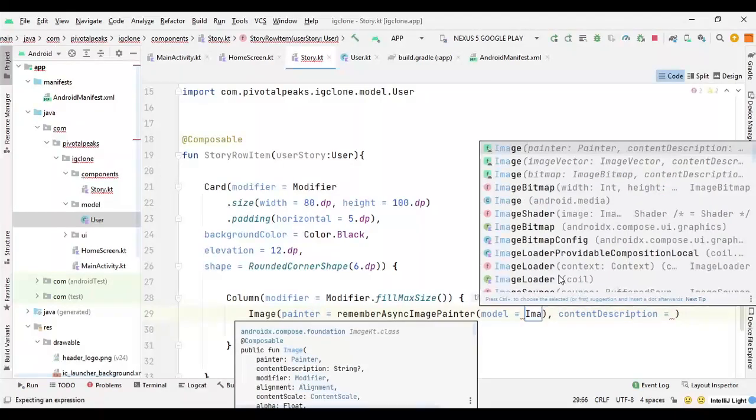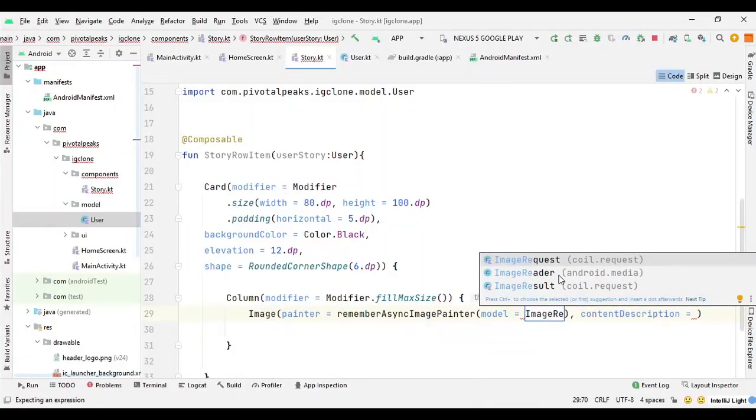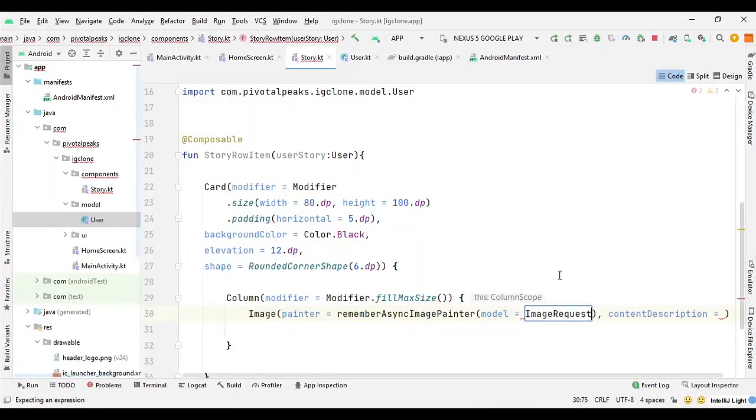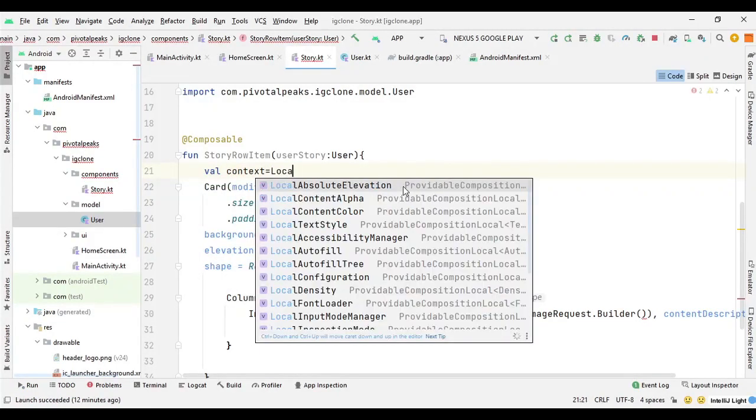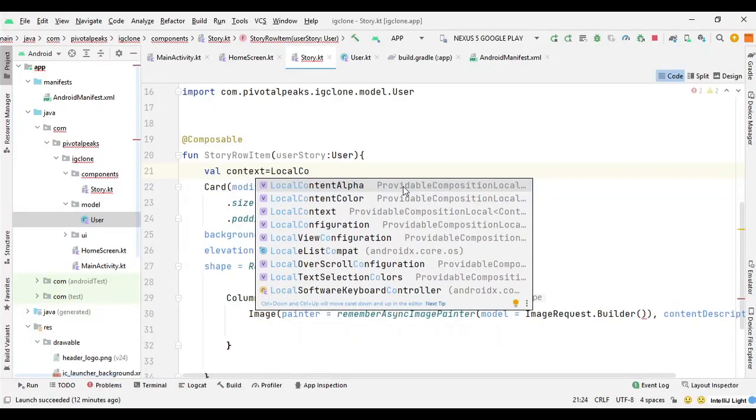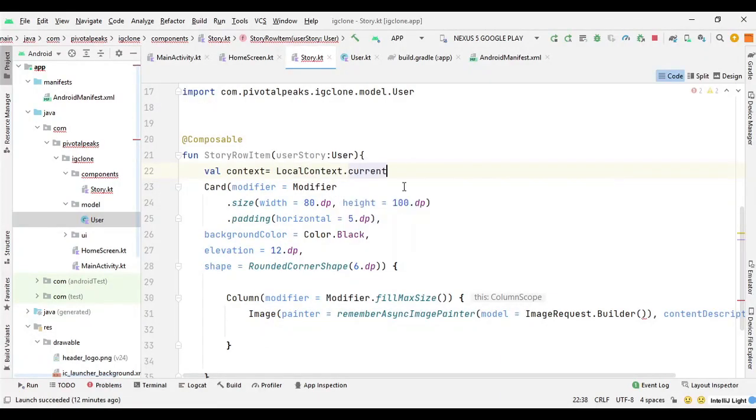So ImageRequest that we did earlier .Builder, and here we need context. So let's define context here first. val context equals LocalContext.current, and we can pass the context here.